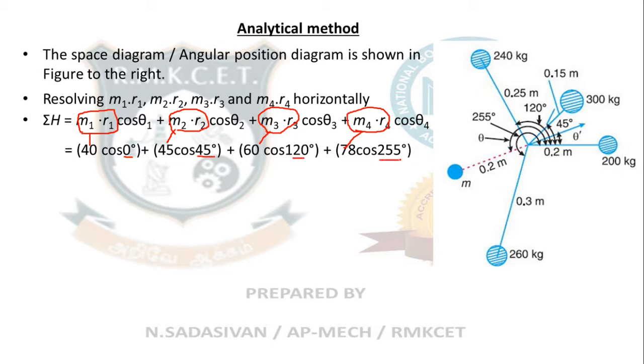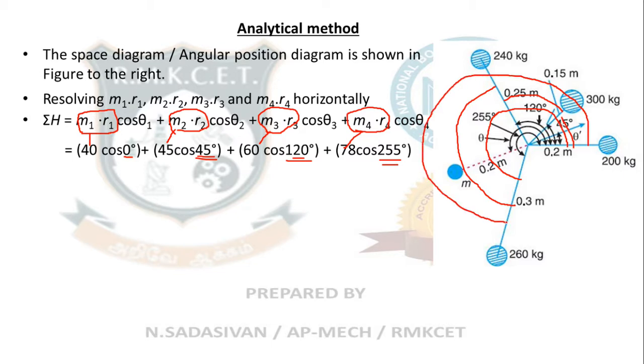Please carefully listen here. The angle is substituted as a cumulative angle from the horizontal every time. How is it given in the question? From here it is 45, from here it is 75, 135. Likewise the angles were given. But the angle you are substituting here, look at it carefully, should again start from the horizontal. Cumulative angle from the horizontal.